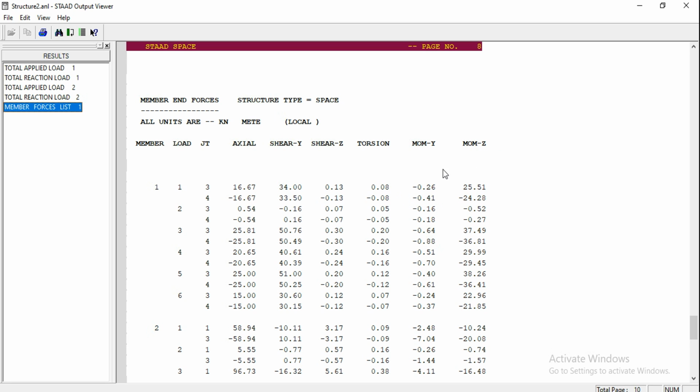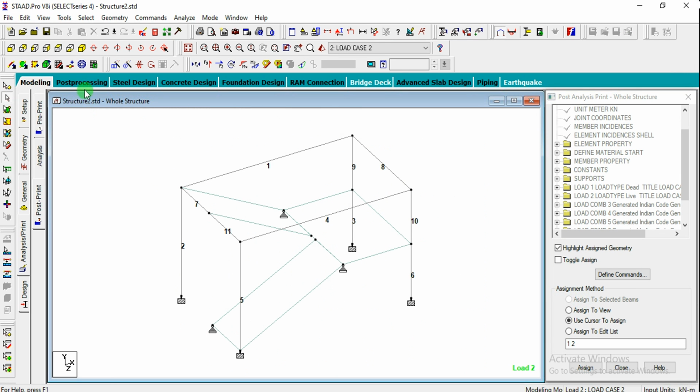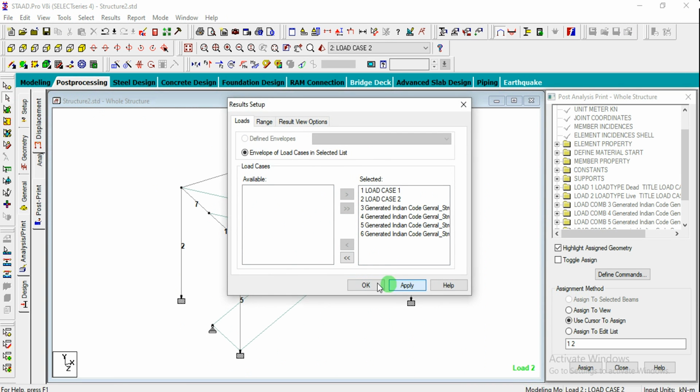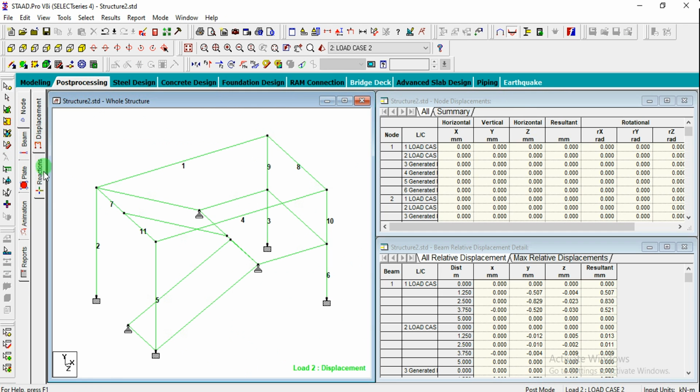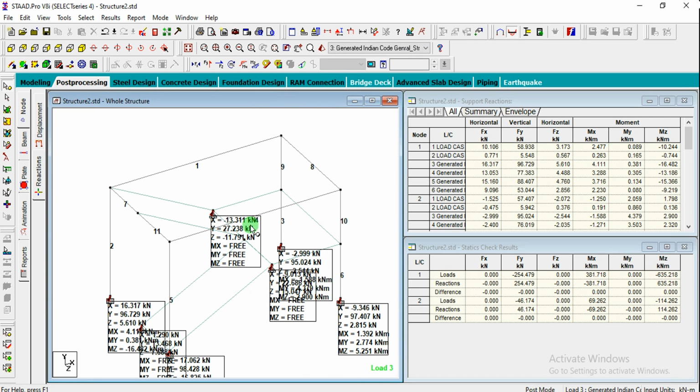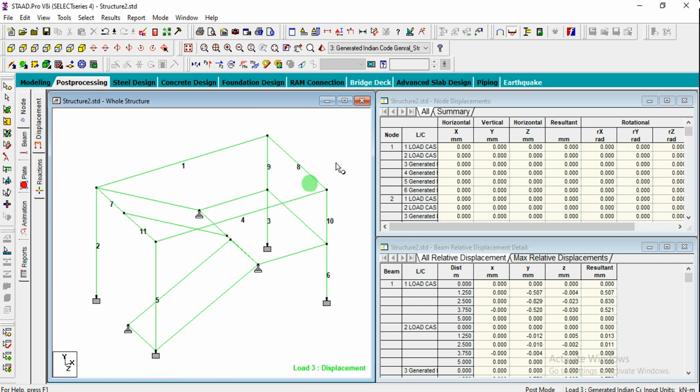So my and mz both are bending moments. Okay, so just you can close it here and you can go for post processing, click on apply, and you can check with the nodal reactions here if required. And here it is showing for dead load. Let us go for third load and just clicking on reactions, we got the reactions like this. And if you want to check the displacements, you can check for the different displacements here. Okay, so right now, for different load cases for beams, the displacements have been shown here. You can check with this.